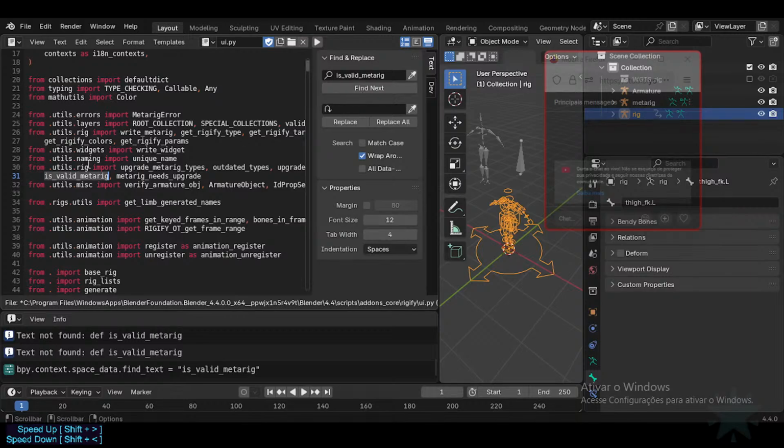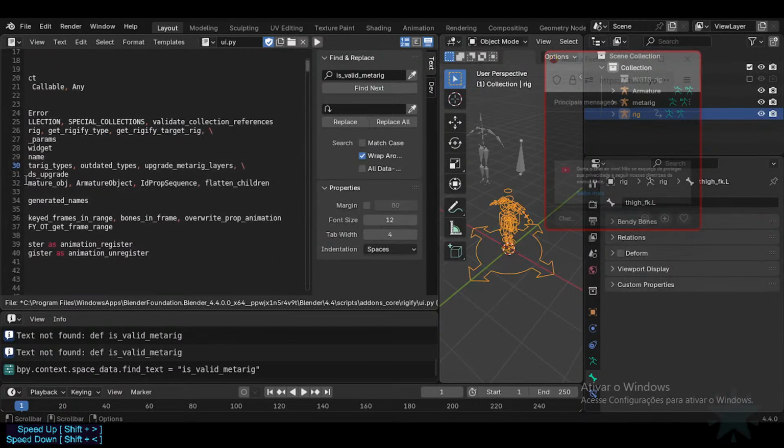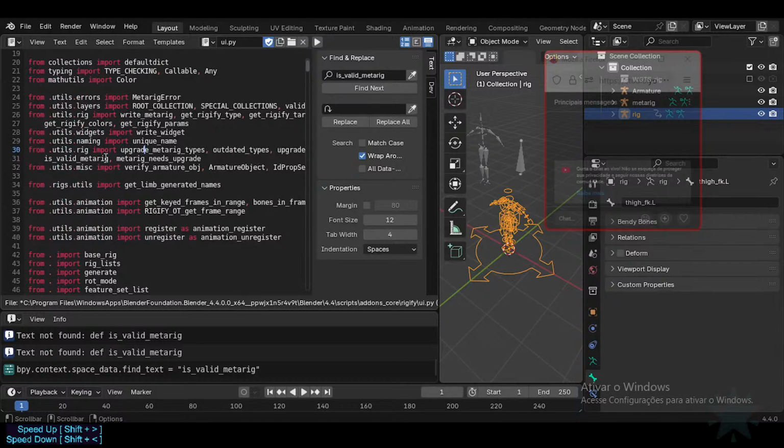Okay, so here from utils import meta rig grade meta rig. So is valid meta rig. So here apparently utils rig might be the Rigify thing maybe. Utils rig import right meta. Yeah, looks like this utils rig could be the